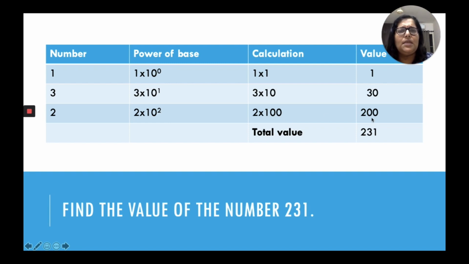You have already studied expanded forms from grade 2 onwards, so you will be finding it very easy. Then you are adding all the three together. 200 plus 30 plus 1 will give you 231. That is how a decimal number system is done. I'll show you one more example in which I'm using decimal numbers too.